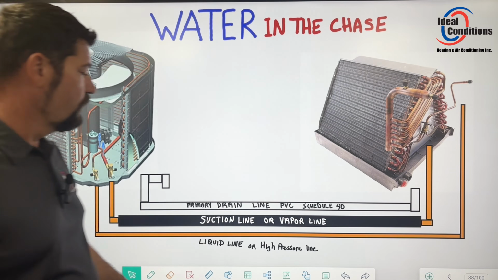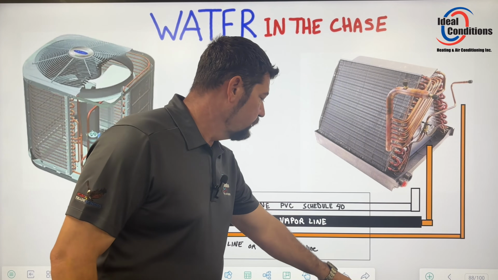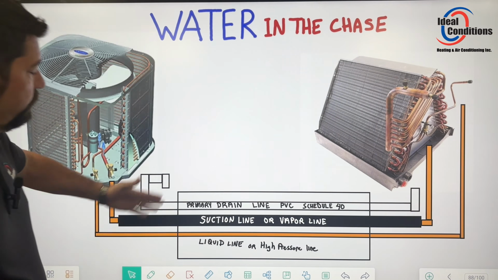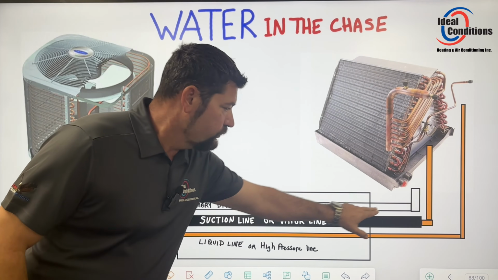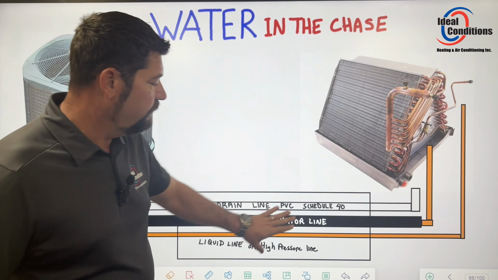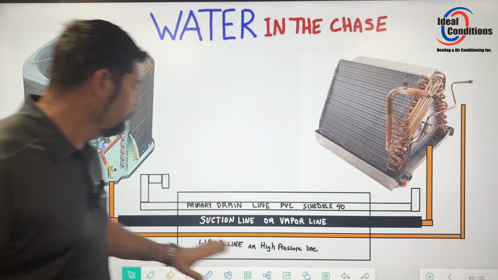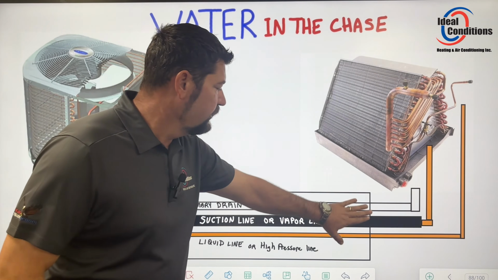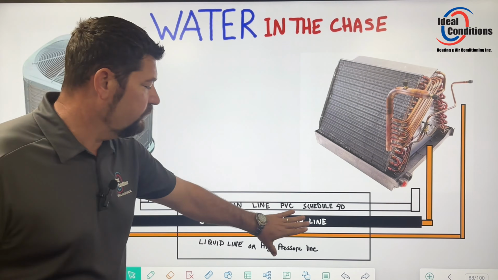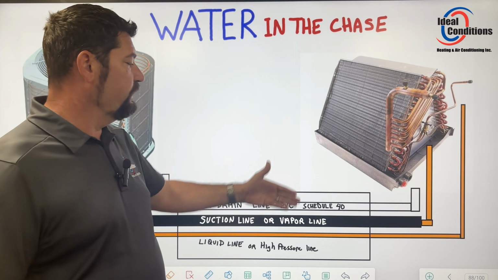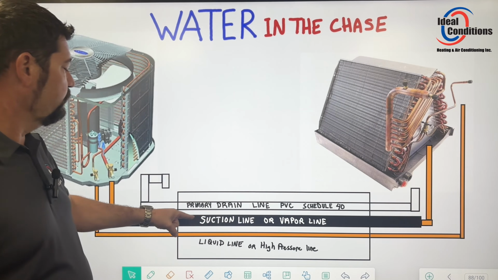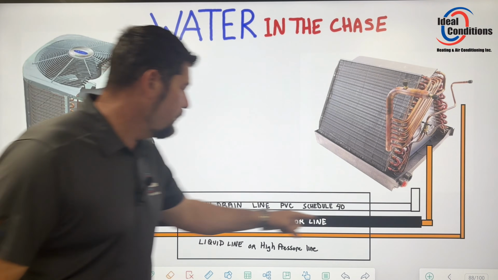So if we were to talk about water in the chase, say there's our chase. This would represent the drain line, the suction line, and the liquid line. It goes into the chase, and this chase, obviously, would be sealed on outside and inside. And this would be what we call a dry chase, because there's nothing in that chase that could change the state of this refrigerant. So if I had vapor on this line, coming back from my evaporator coil,